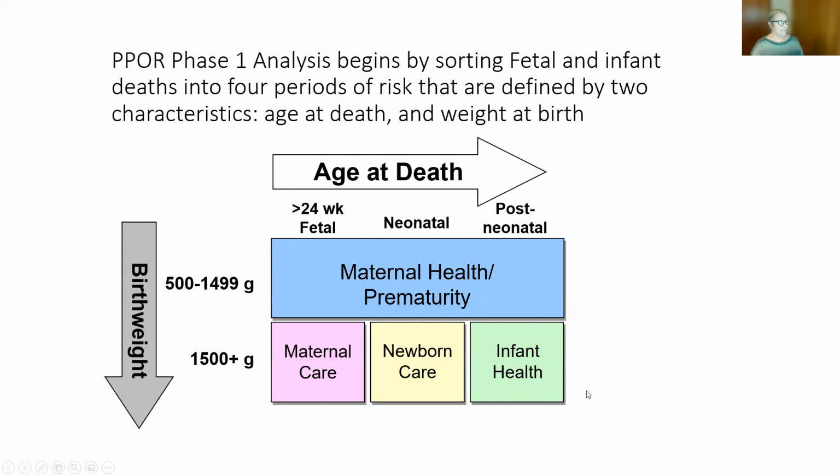And birth weight, which goes into 2 categories. Less than 1,500 grams is very low birth weight, and bigger than that. The less than 1,500 grams are all in one period, no matter what age they died. That's the blue box, maternal health and prematurity. For the larger babies, the maternal care period is the fetal deaths, and the newborn care period is neonatal, and the infant